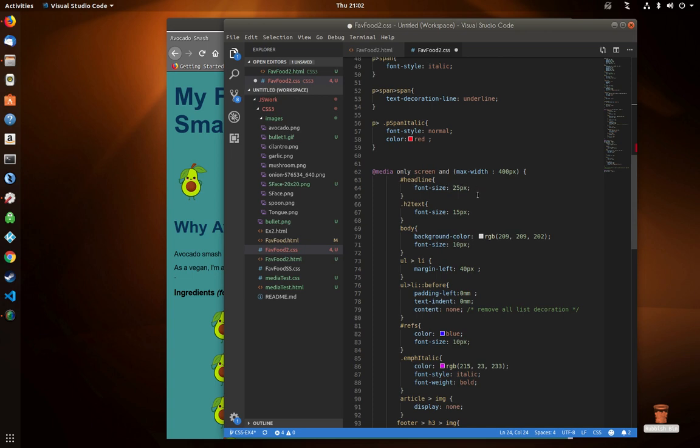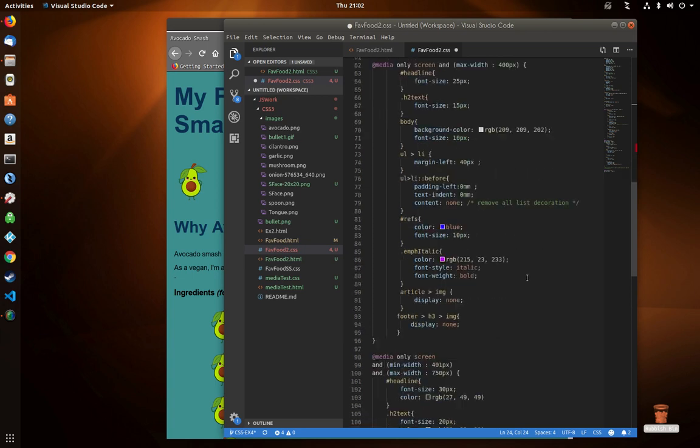So the font size is going to change associated with that header, H1 header. The H2 font size is also going to change. The background color is going to change,